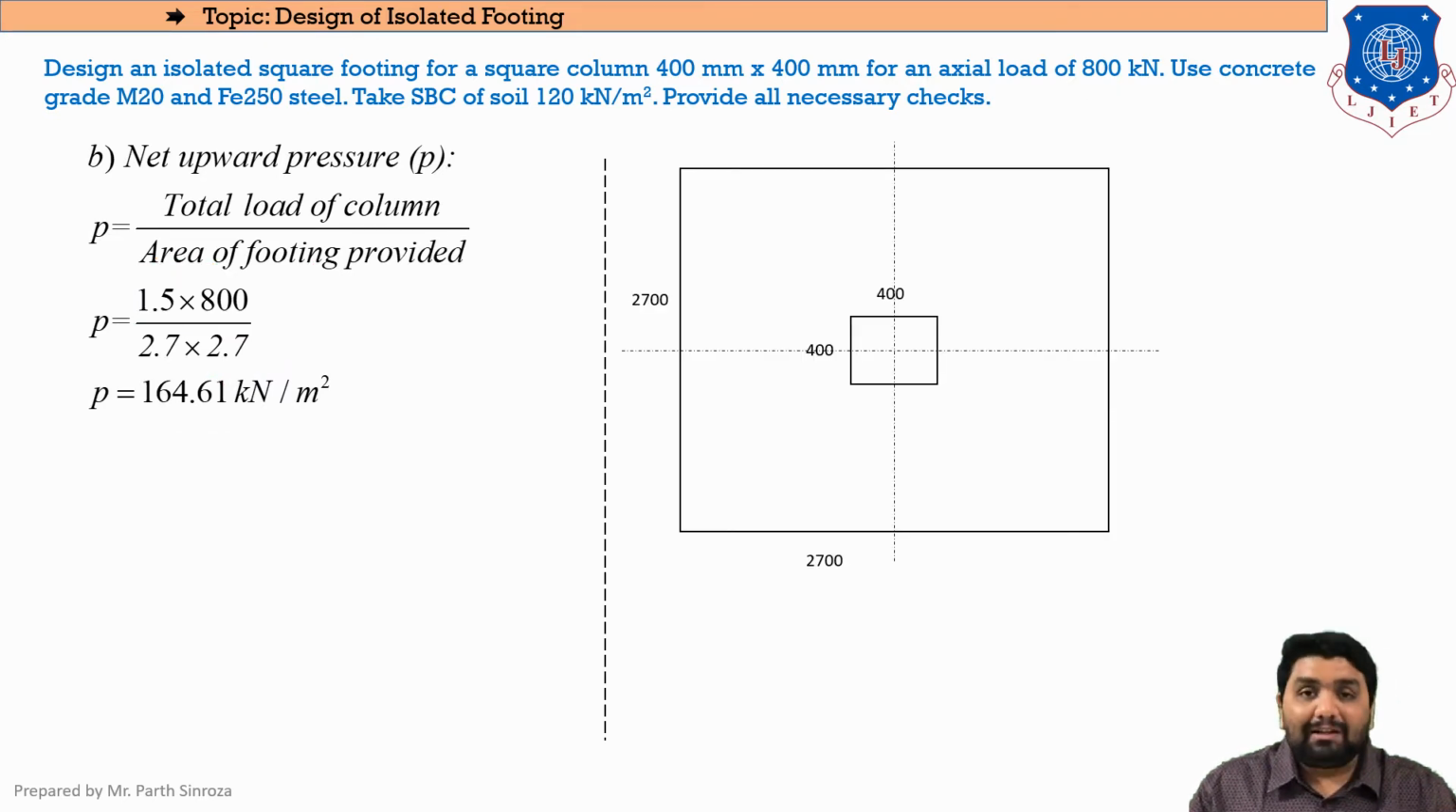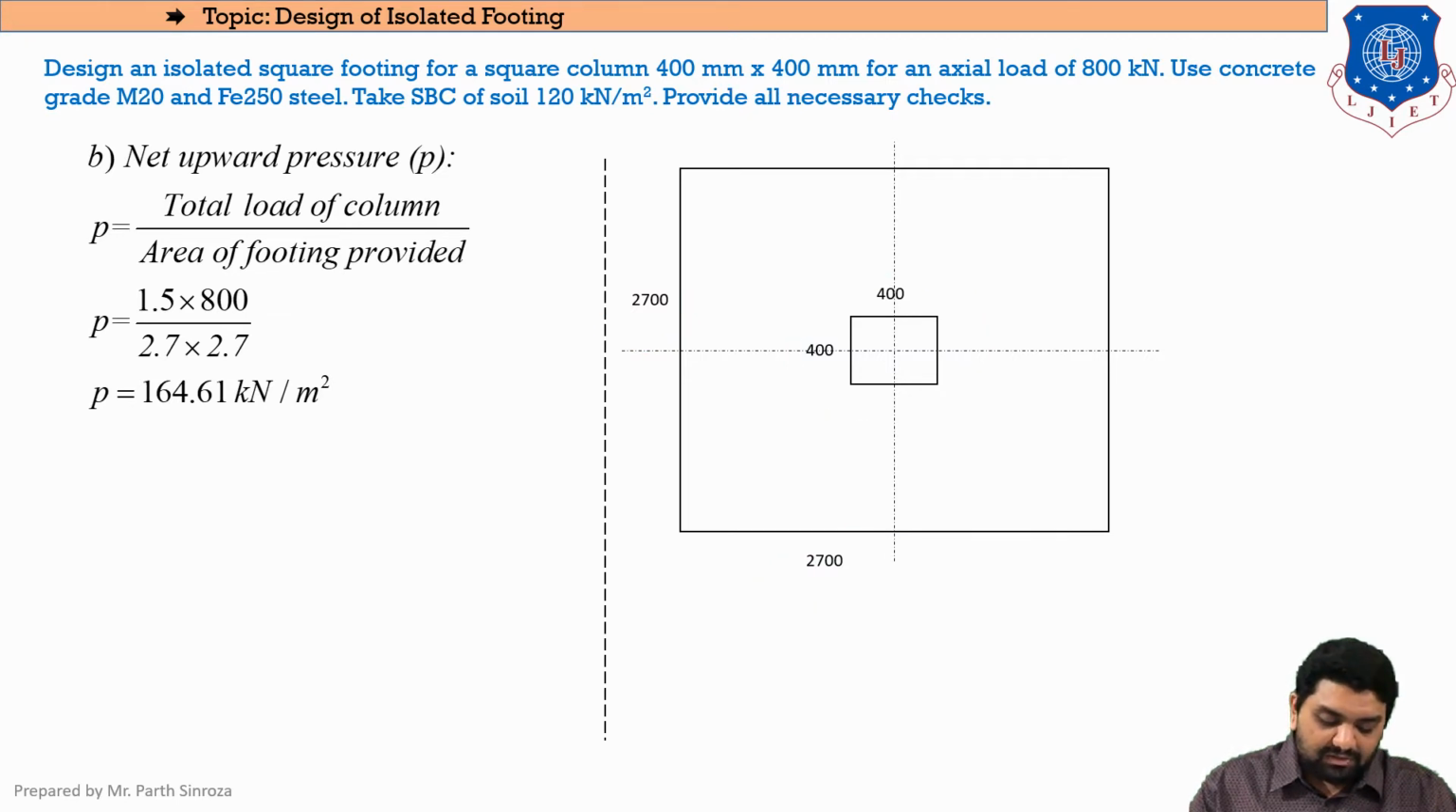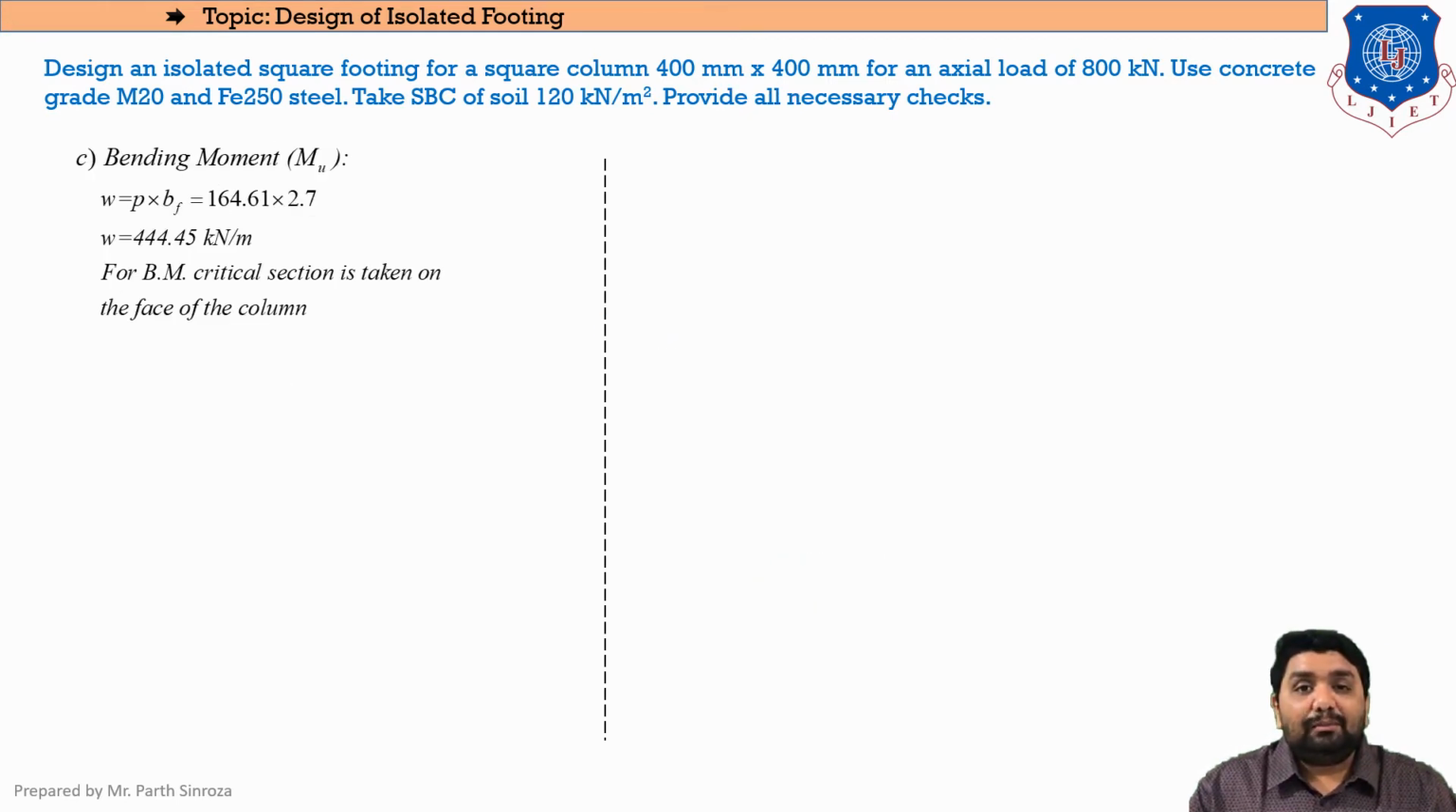So this will be a plan of the image that we'll be looking upon. So this will be our total area of the cross section. That is, two faces are being given of 2.7 cross 2.7 meter, and this is the column portion in the center of it. Column is of 400 mm cross 400 mm as it is mentioned in the question itself. Clear? So the next step will be to find the value of bending moment,